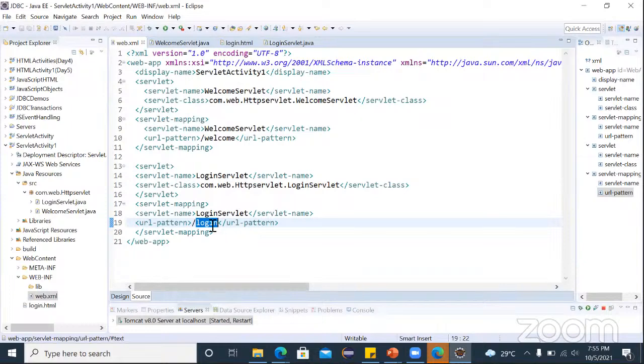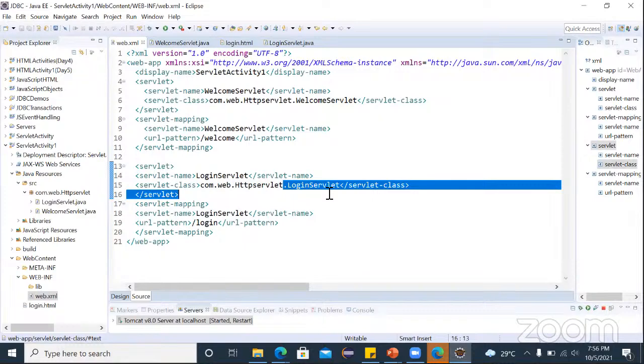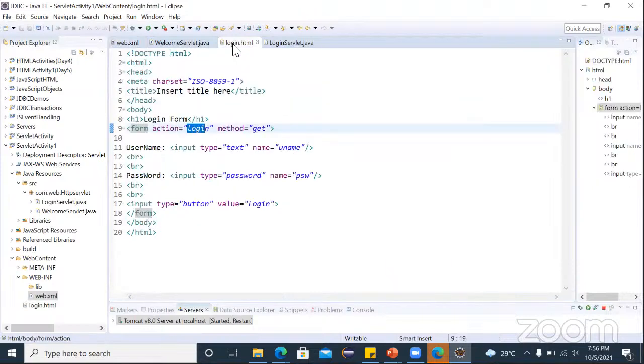It searches for the URL pattern. If that is present, immediately it searches for the login servlet name, and the control immediately reaches the servlet configuration along with the name. If both the names match, if both the names are same, then it reaches the login servlet, and inside that login servlet is the logic we have implemented. So depending on that logic, it performs that action. Okay. So now let's go to